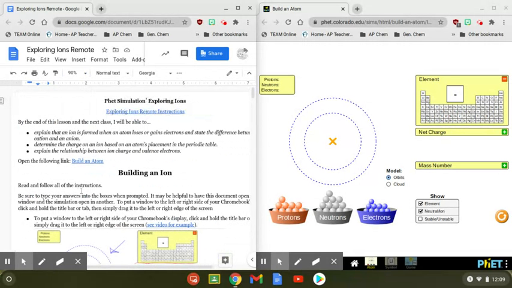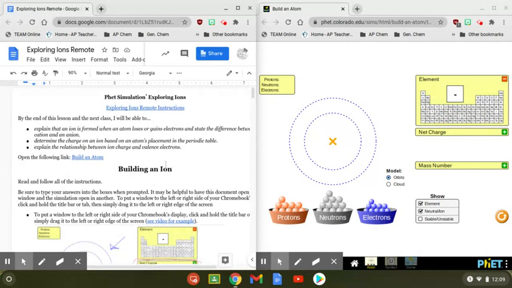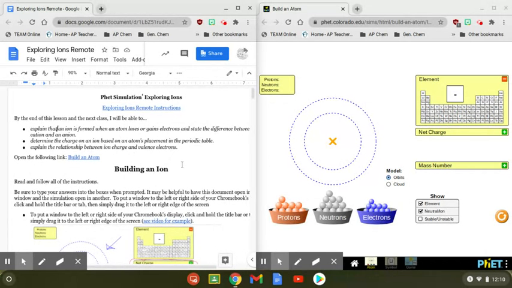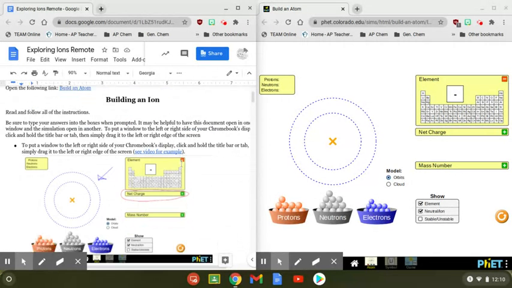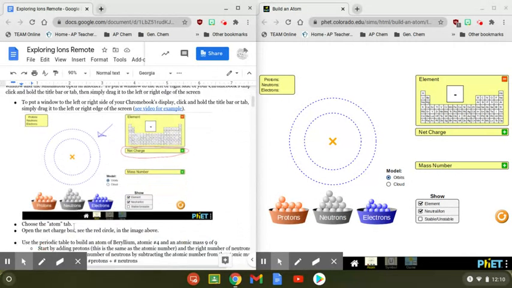So we're going to read and follow all of the instructions, and we're going to answer our questions in the boxes when prompted. I'm going to show you how to do part of each section. All right. So to start with, we need to choose the Atom tab, which we did. We're going to open the net charge box,